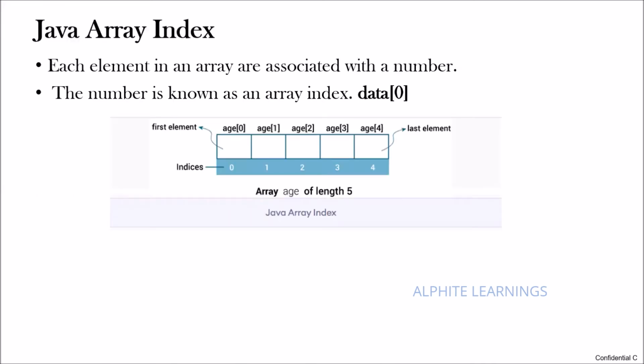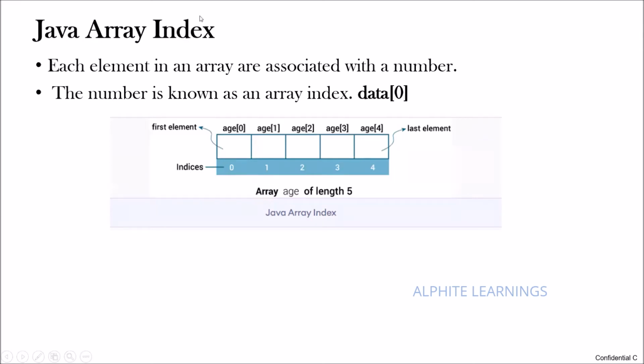Okay, here we have the image. For example, consider we have age. Instead of age, just imagine it is vowels. So we have five vowels. Usually you don't see the numbers 0 1 2 3 4. Just assume in every box you have A, E, I, O, U respectively. You have to take the value from the first box. So if you want to take the value from the first box, we have one concept called index.